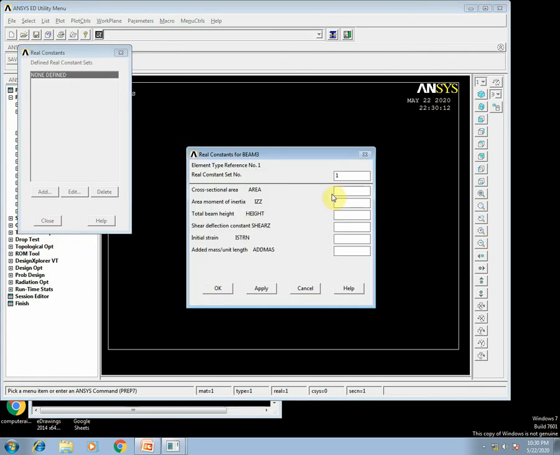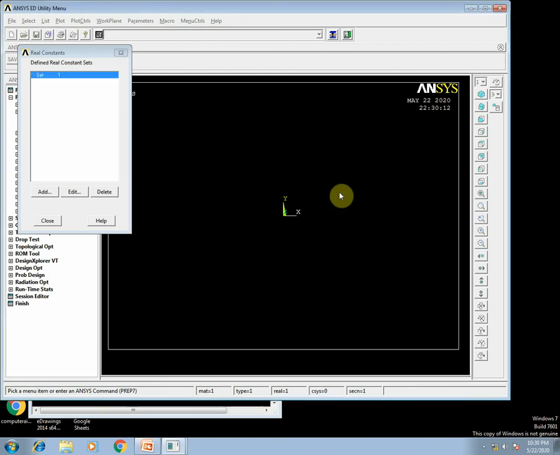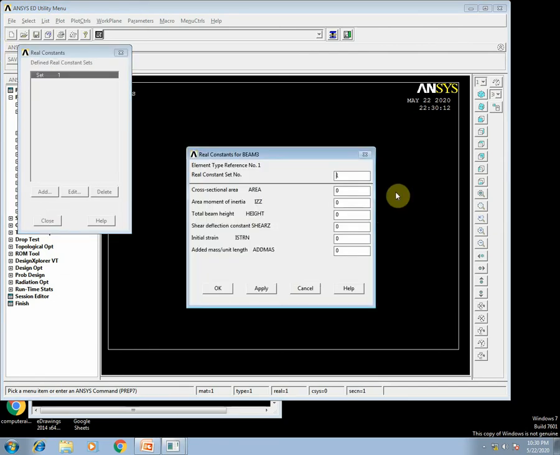In this I have to enter the beam parameters of area, moment of inertia and height. Area we have already calculated: 0.06. The moment of inertia we calculated: 0.00045. The height of the beam is already given: 0.3. Okay,